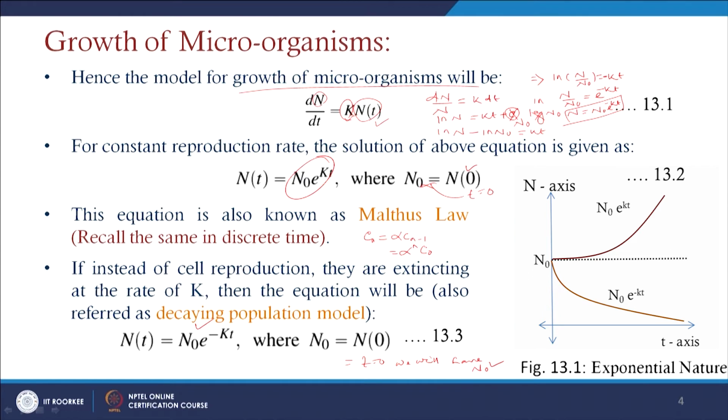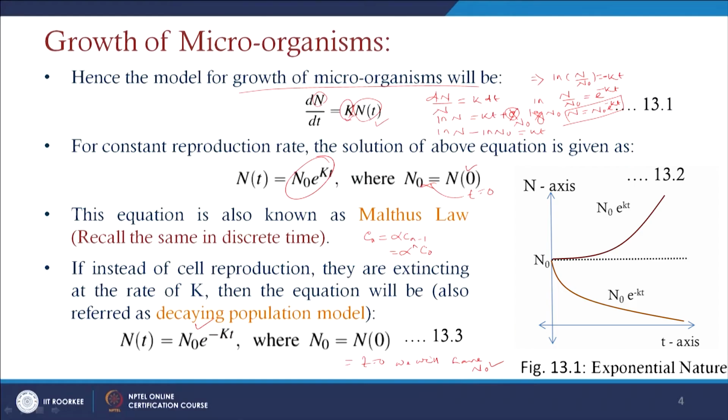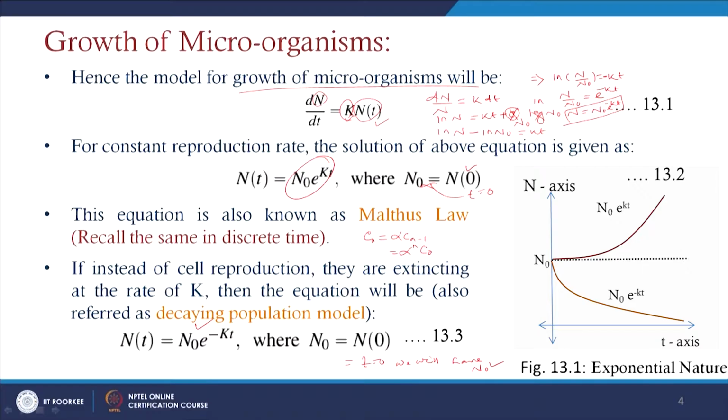And in a physical sense this does not happen, since resources or many physical restrictions will prohibit the growth of this population level. So, certainly we can find that the population level will not increase in an infinite manner, nor can it decay to 0 so that the population vanishes. That cannot happen in a physical scenario. So, many restrictions will be there, and we will consider these restrictions afterward.